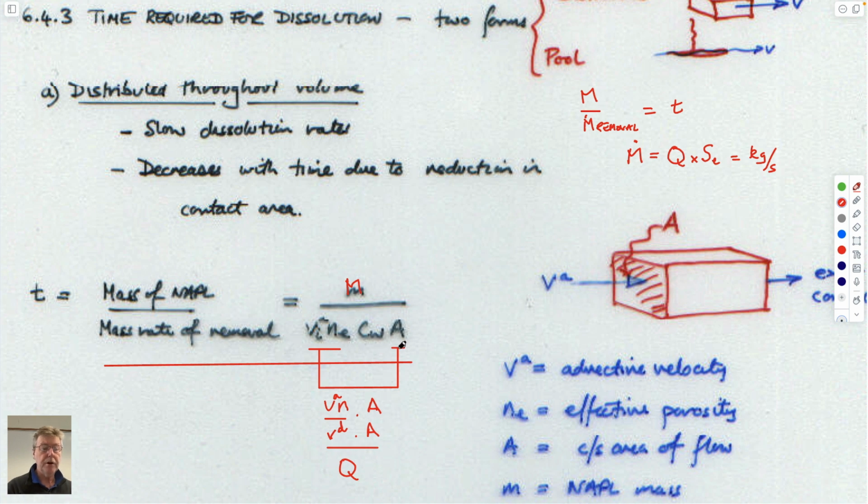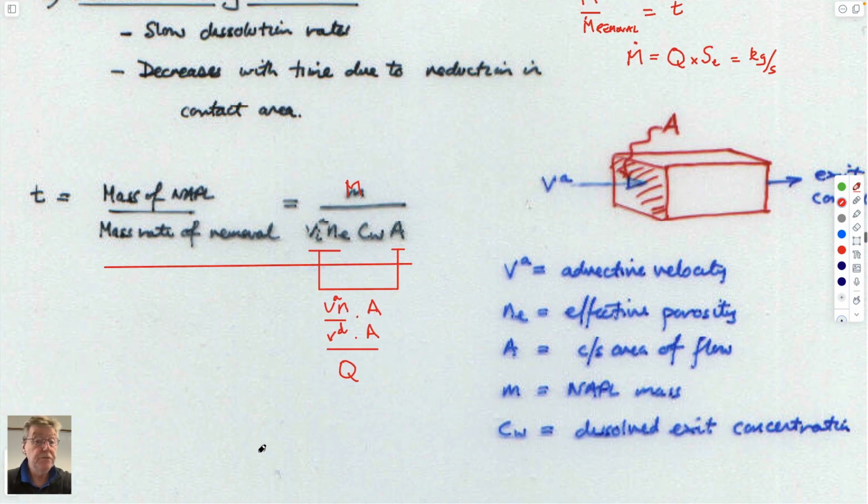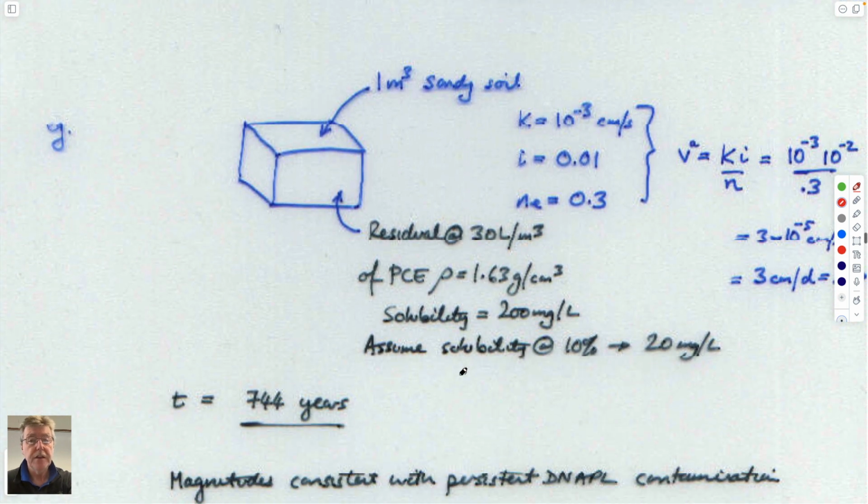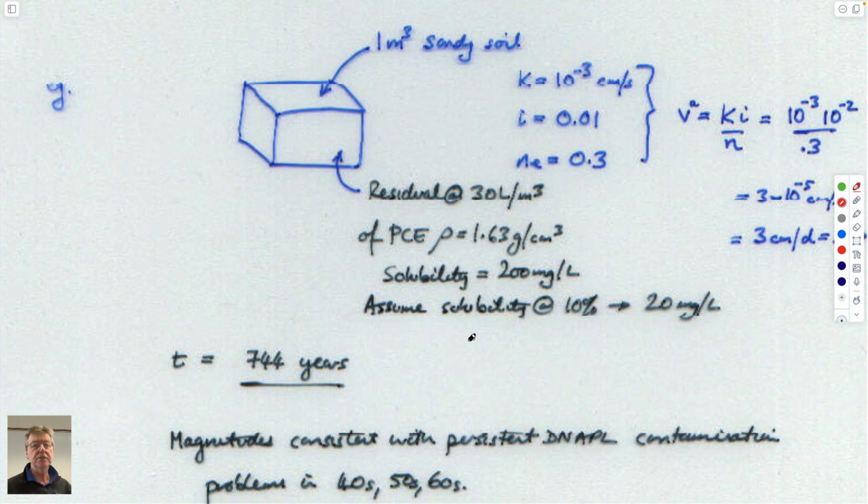So these red underlined components represent the volumetric flow rate, the concentration, the effective solubility, and the product of those will give you the mass removal rate. And so you've done this already, so perhaps I won't belabor it. So if you know the velocity at which something's going through it, you know effective porosity, you know cross-sectional area of flow, if you know how much mass you have in the system, and you know what the concentration is that you dissolve it at, you could use all these together to be able to calculate how long it takes to come out. And if you do that for some numbers for a sandy soil with a hydraulic conductivity of